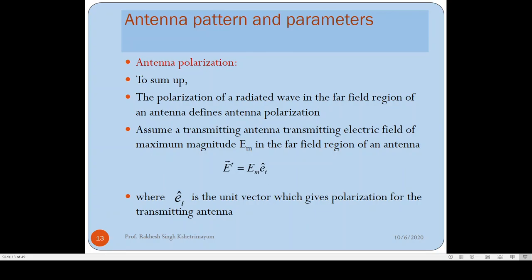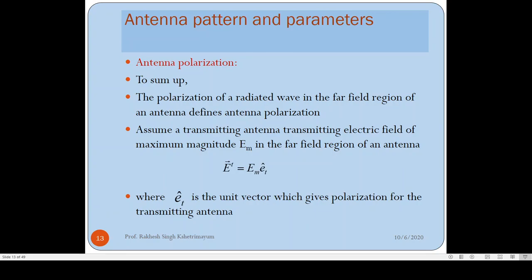We'll look into those details later on if it is necessary. So let us summarize. For antenna polarization, look at the radiated wave from the antenna in the far field region of the antenna, and look at the tip of the electric field. The curve that the tip of the electric field traces out, if it is a line, then you have a linearly polarized wave. If it is a circle, then it is a circularly polarized wave. If it is an ellipse, then it is an elliptically polarized wave,